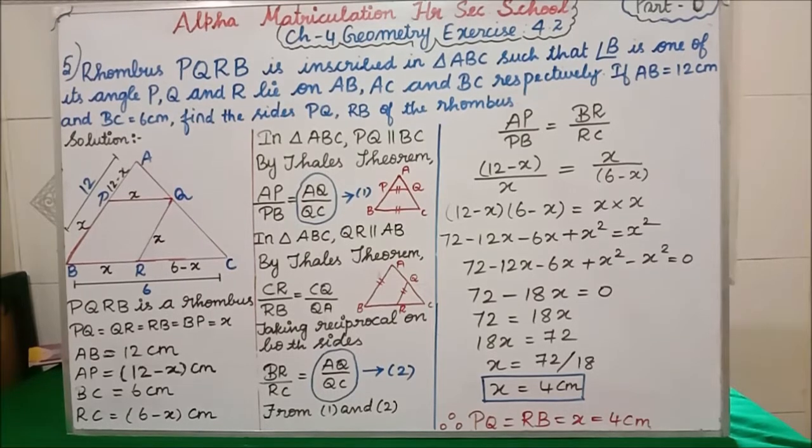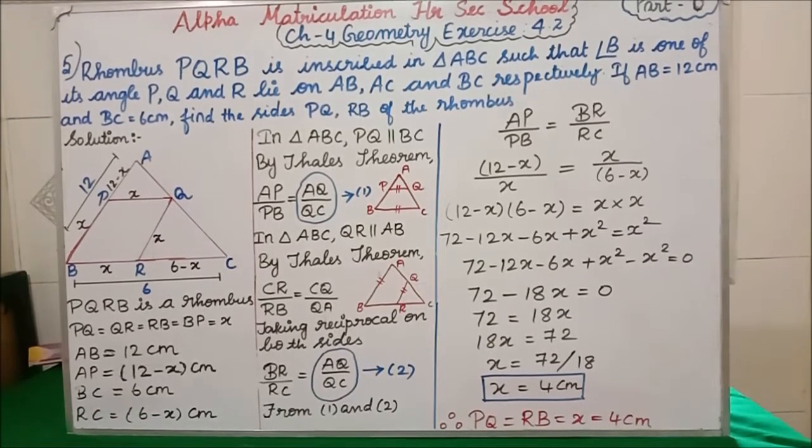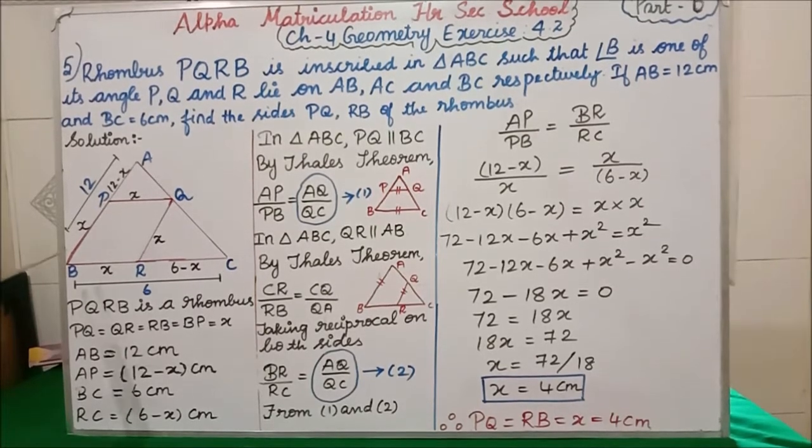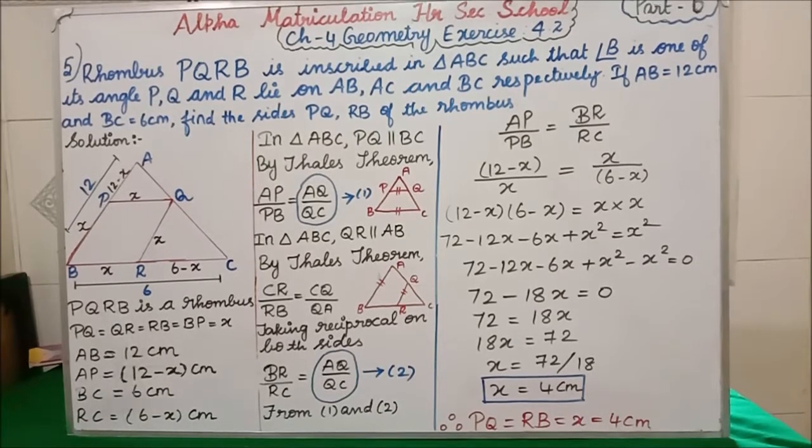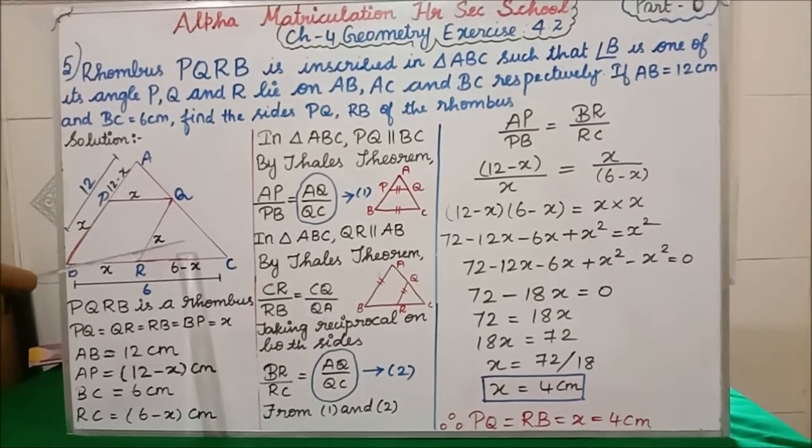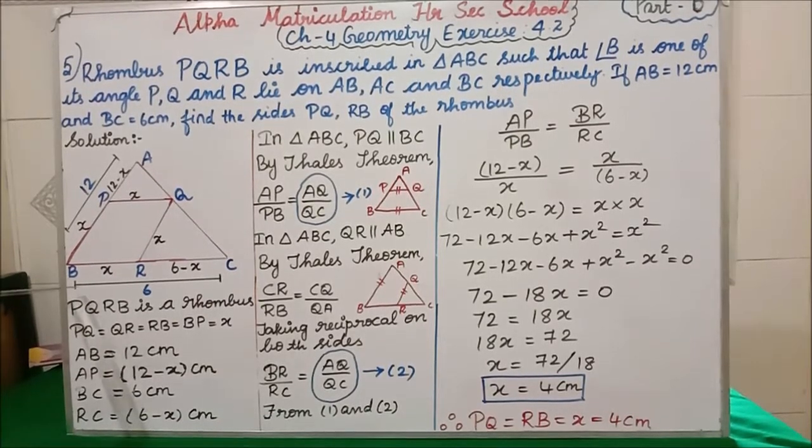So what we are going to do is, first we are going to apply Thales theorem. Before that, since we don't know the values of PQ and BR, we are taking this value as x. Similarly, this side also x. Now this full length is 6, means the remaining, P to R we have taken x. Then the RC value, what do we have to take? 6 minus x. Full length is 6, so you have to subtract: 6 minus x is the RC value.